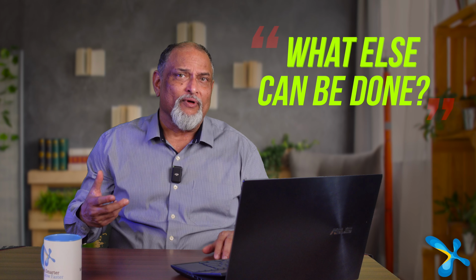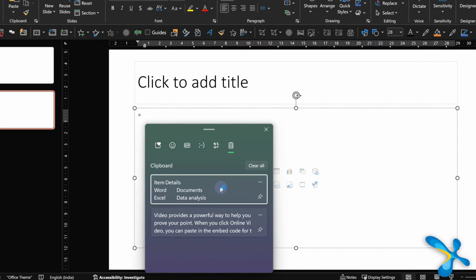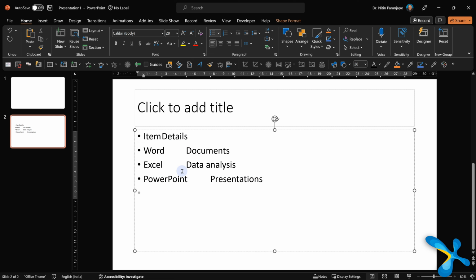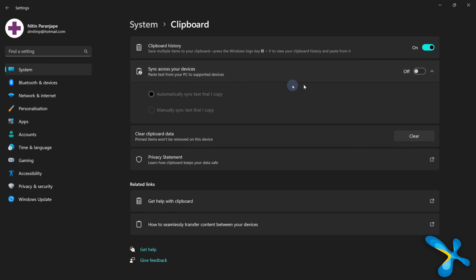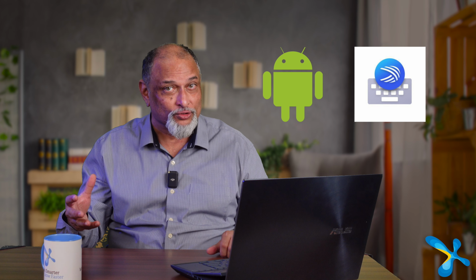What else can you do here? Well, if you want it to be alive, when you restart Windows later, then you pin it. And sometimes it has something which is HTML or formatting. If you click on this button, you can say only paste as text. And those you don't want, you can just delete them. And as though all this is not enough, you can actually have this sync across multiple Windows devices. And as though that is not enough, if you have the correct Android options, and especially if you have the Swift keyboard software from Microsoft on Android, whatever you are copying on Windows PC, that same clipboard, the text part, can go onto mobile as well. So across device sync in clipboard.